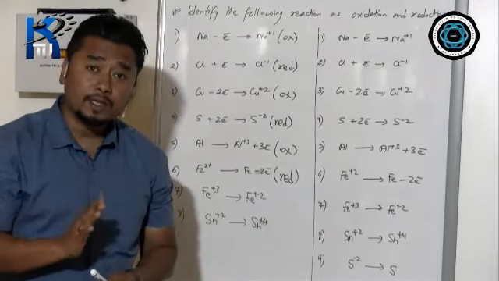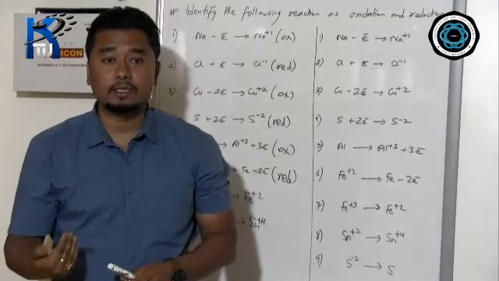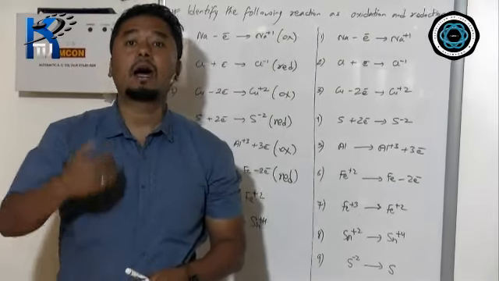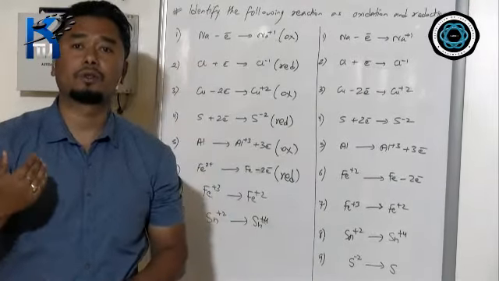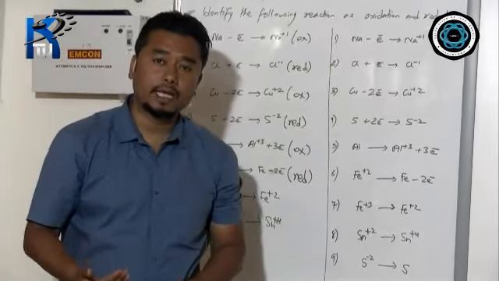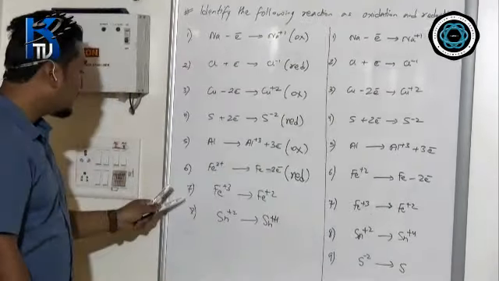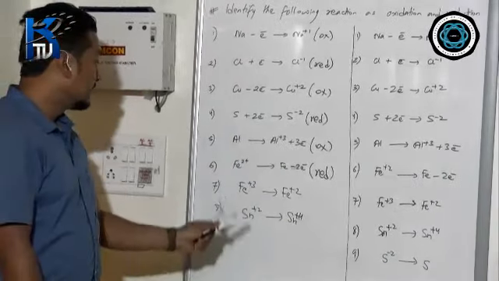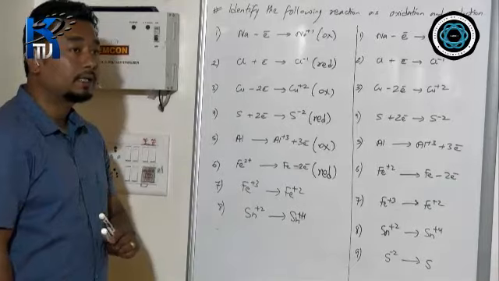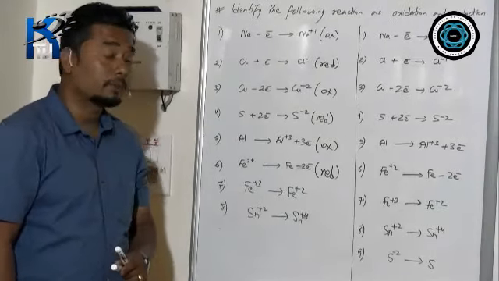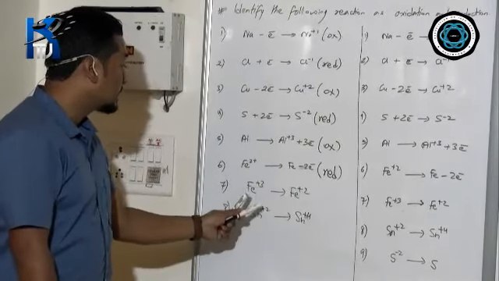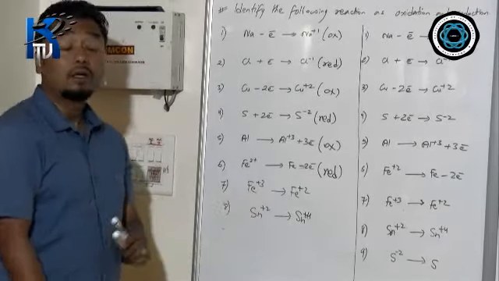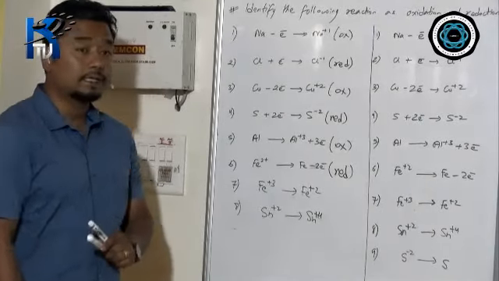But if it is on the product side, bring it to the reactant side and change the sign. After that, you say whether it's oxidation or reduction with the help of the sign. Now, in 7 and 8, there is a big confusion. There is no electron at all. There is no electron on the reactant side, and no electron on the product side. Now the question arises: how do we determine whether it's oxidation or reduction in 7 and 8?